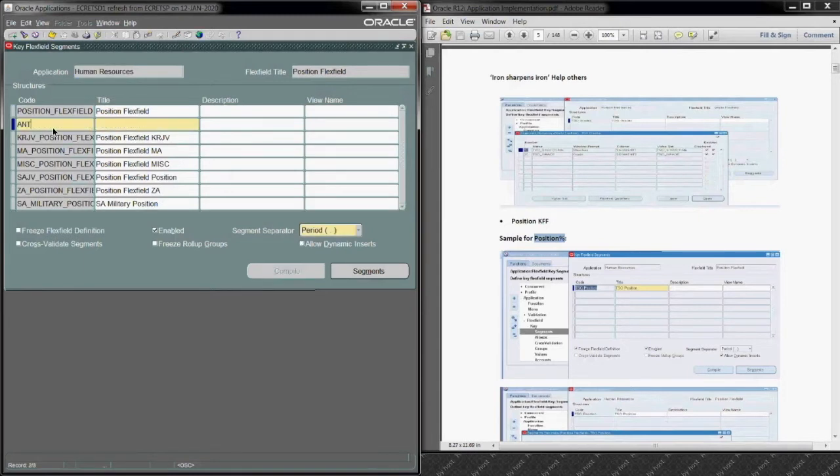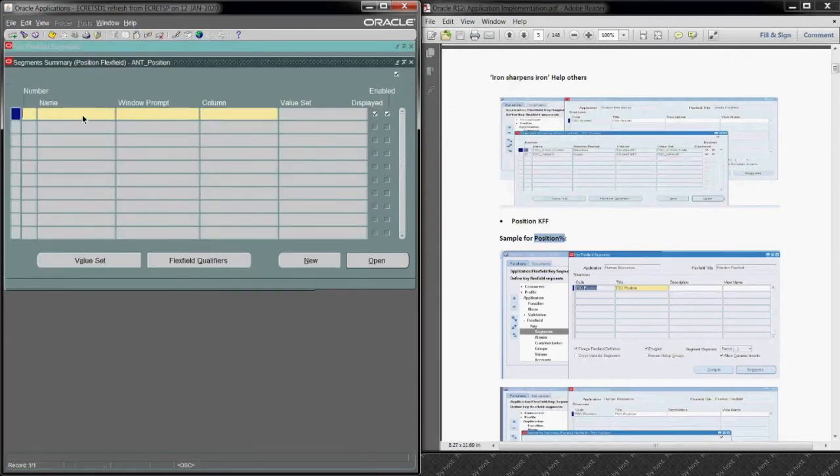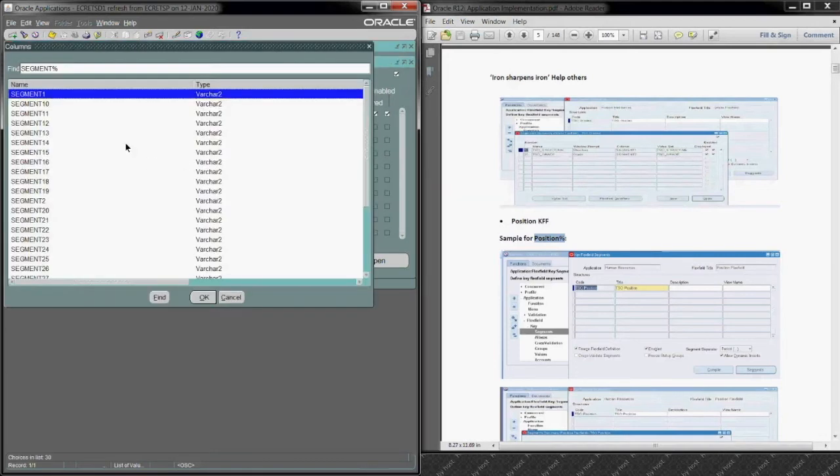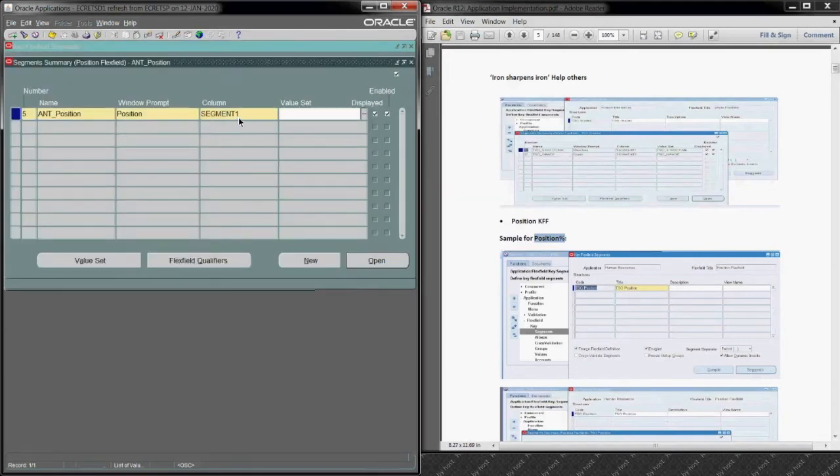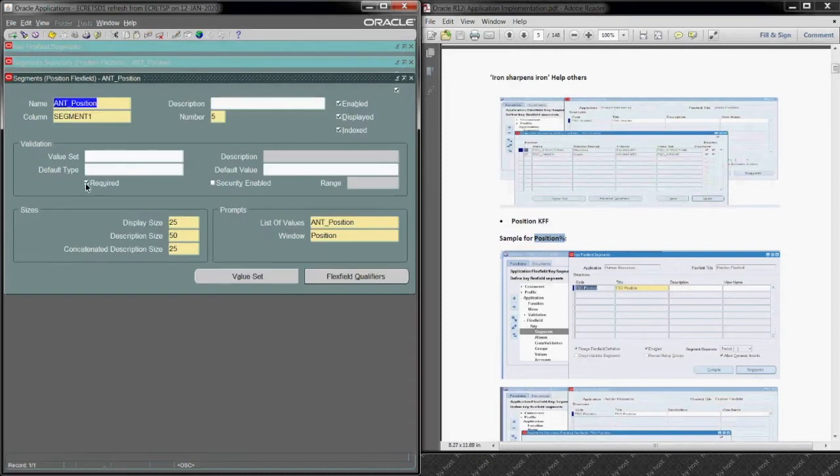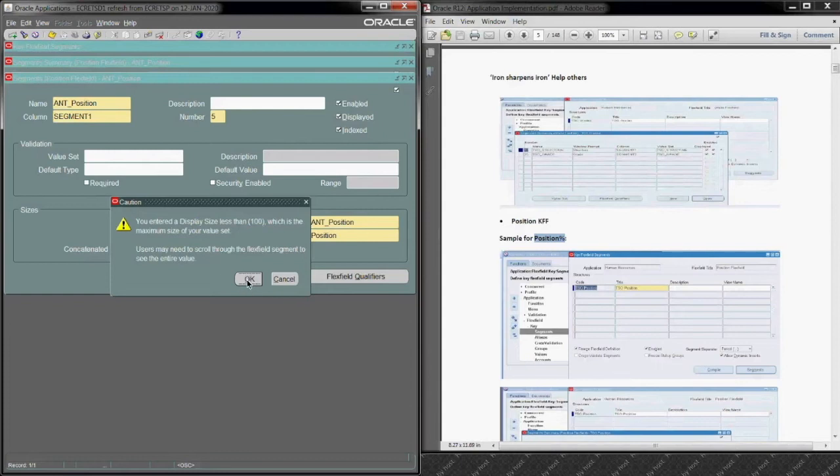So I can just pick ants underscore position. It gives me this, so that's fine. So I go on segments, number 5, and position, and I go to here. I can just remove the "and" there. And what's the next column? Segment 1, that's fine. So go to open, remove required, save, which is that yellow,